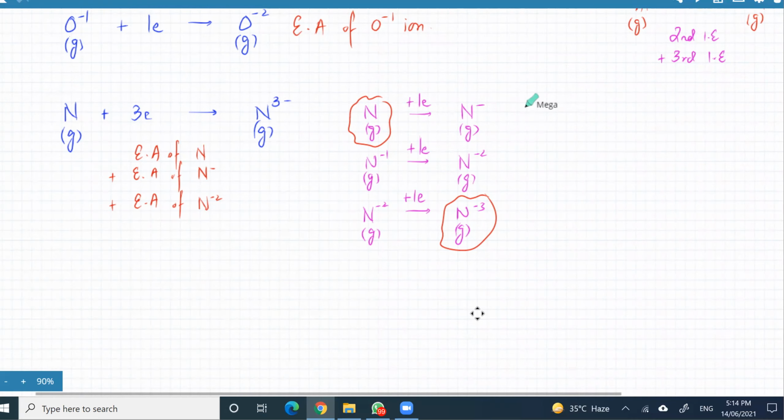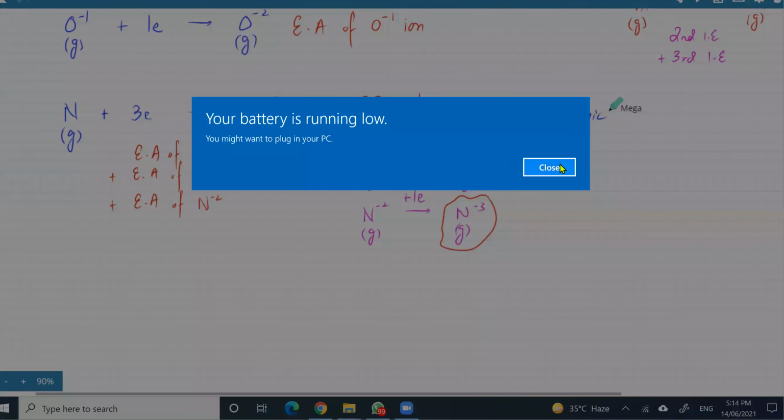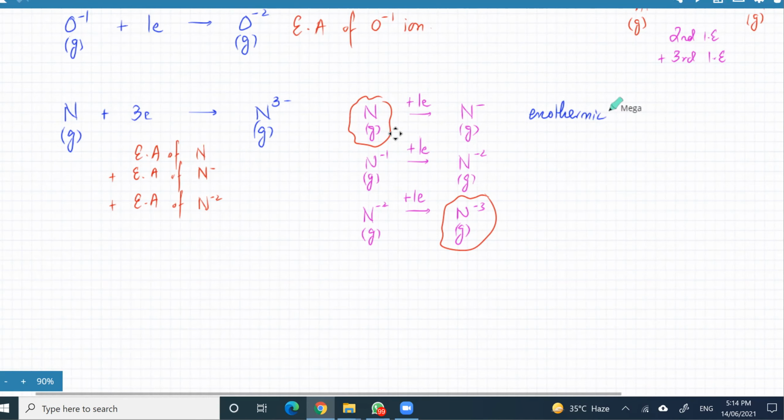The first one is always easy, and it's usually exothermic. Why? Because nitrogen is a neutral atom, and it attracts an electron, gains it. But when it becomes a minus one ion, it doesn't really attract electrons anymore because it's a negative ion. Negative ions would repel other electrons, right? Is that clear? Yeah. And if it becomes negative 2, then it becomes even more difficult. So it's going to turn endothermic at the second electron affinity,